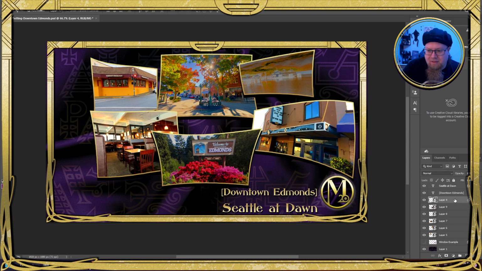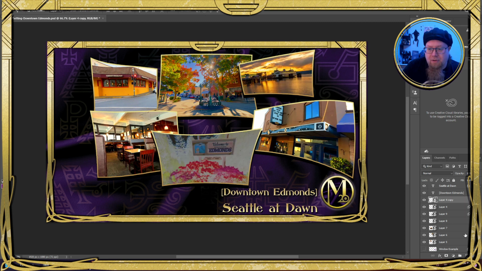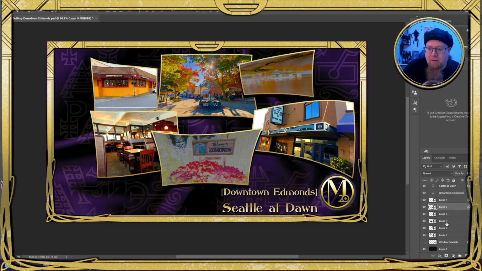So I've got this smart object. I'm going to make a copy of it, and it still maintains the smart filters, but I can grab and drag that smart filter onto another smart object, and then I can delete the item that I got it from. And I'm just going to do this all the way down for all the different layers.